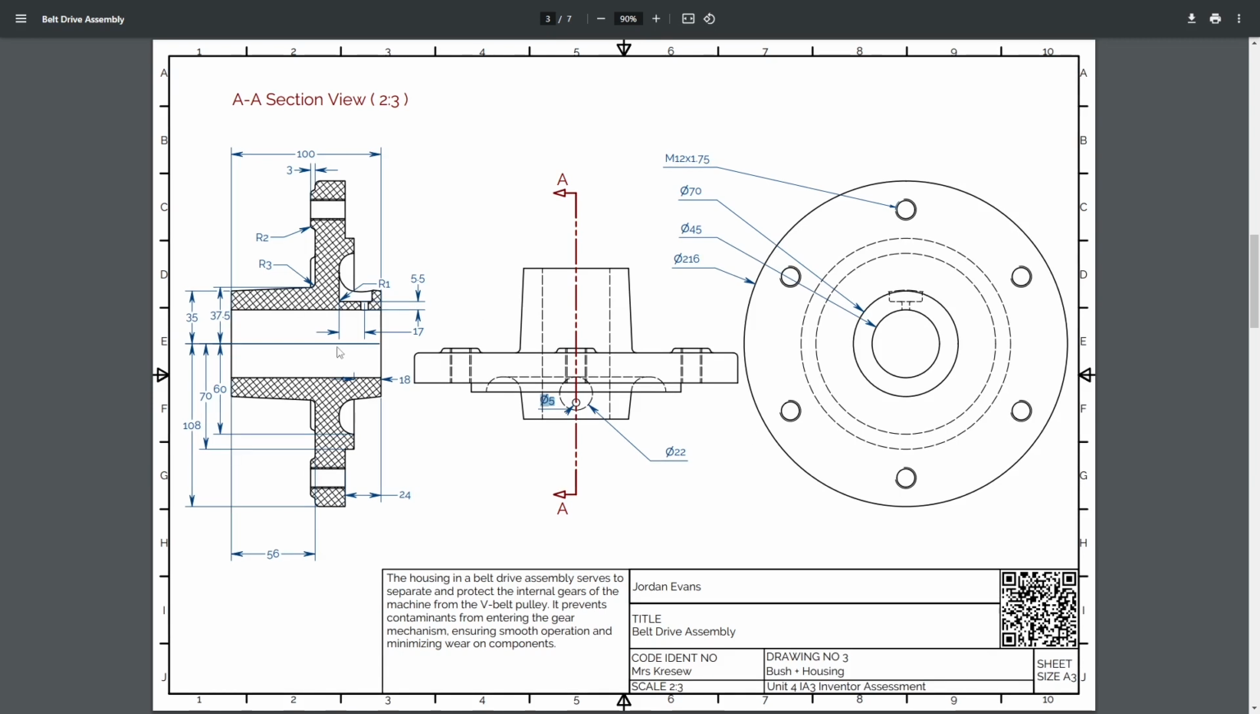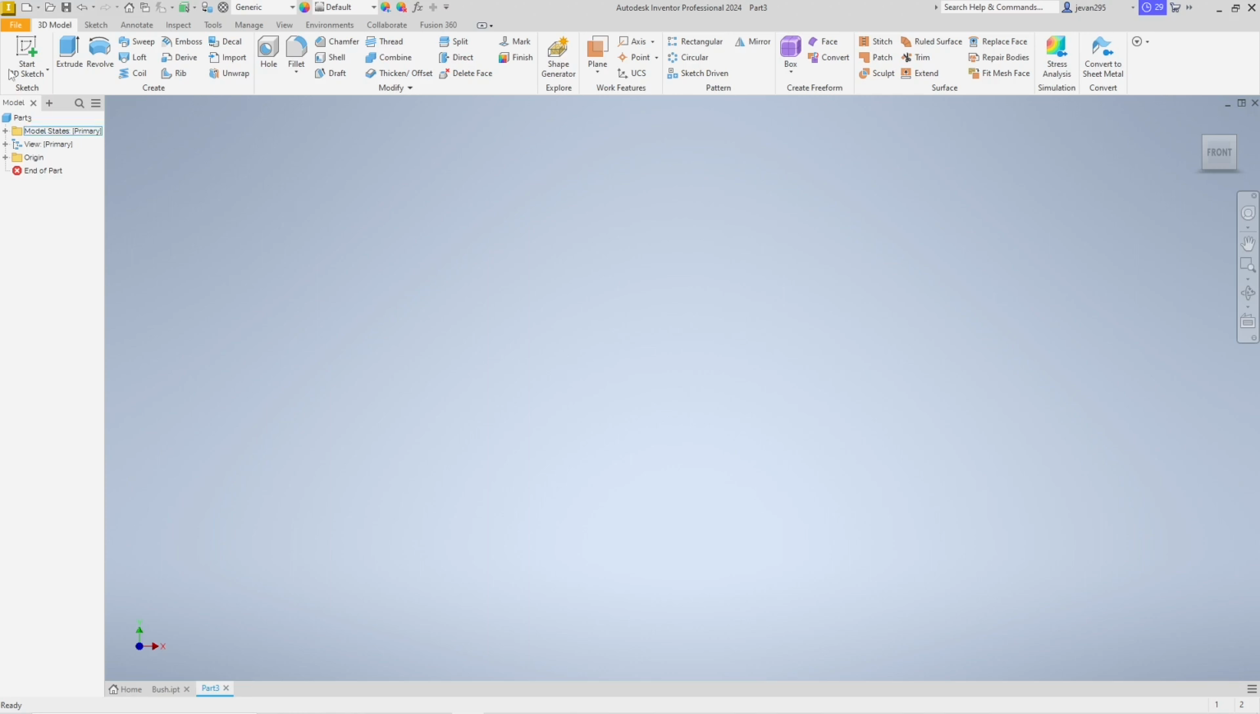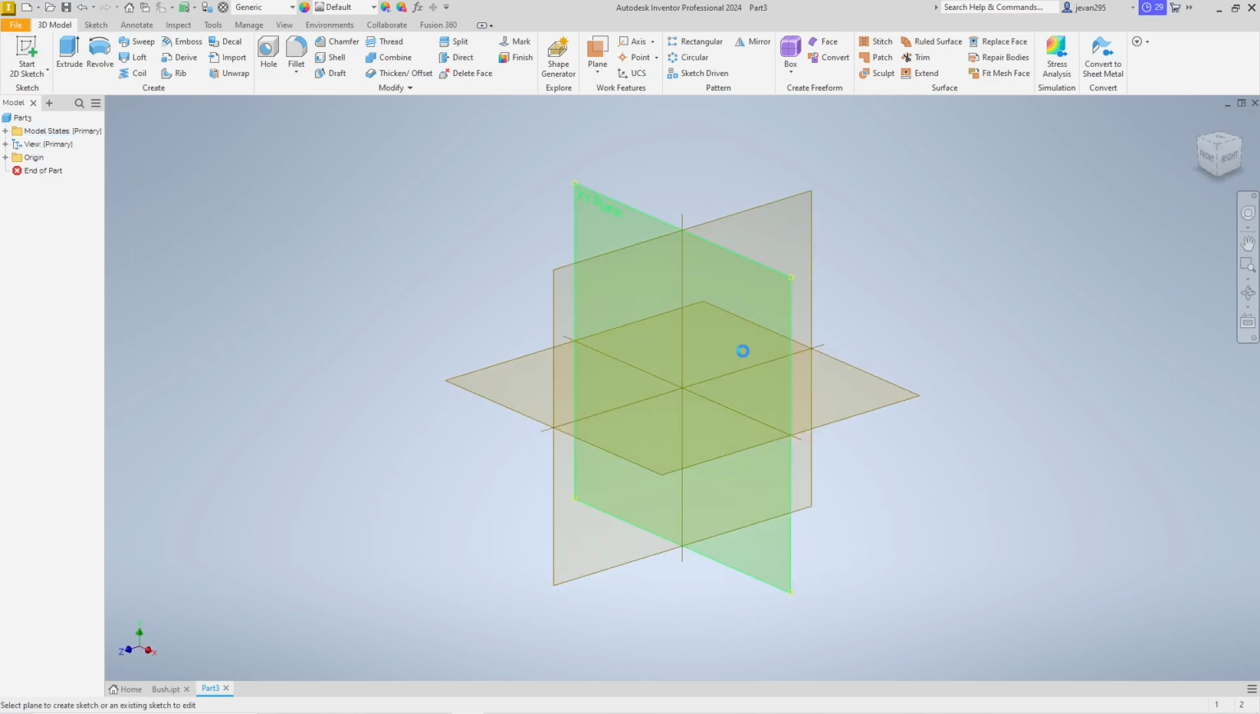If we look at our housing drawing, we can see that it is a cylindrical sort of shape in that it revolves around this axis here. Therefore, we're only going to draw this top half here, and then we will revolve it around the center axis. Therefore, we'll start a new sketch on the XY plane again,